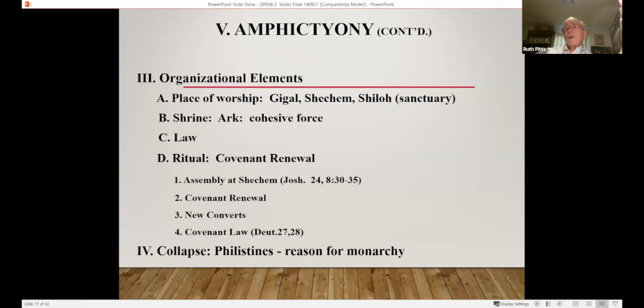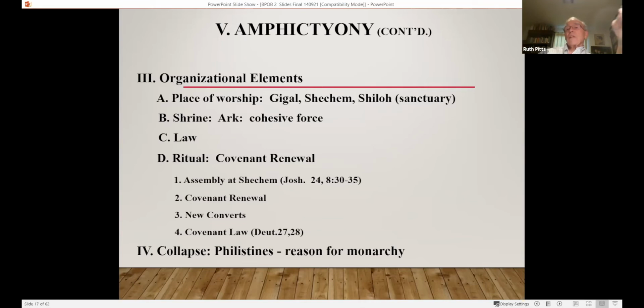And this notion of having a Passover in the home once a year, where you're reminded of this event of God saving his people, is a really powerful force, I think, in religion. So the covenant renewal is a time when you can bring in new converts or some of the Canaanites.